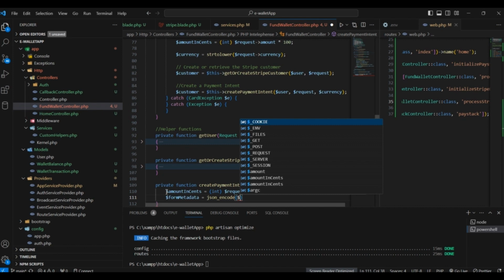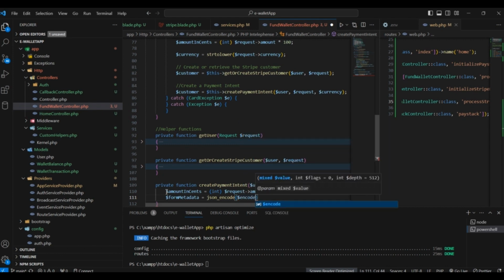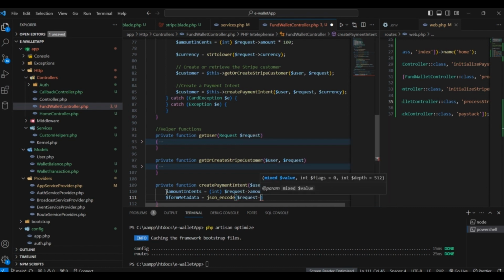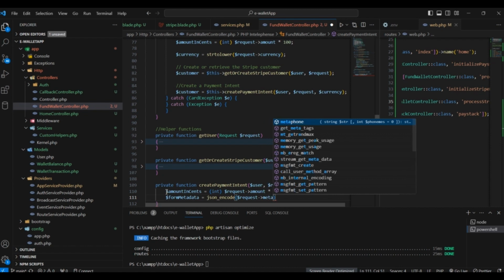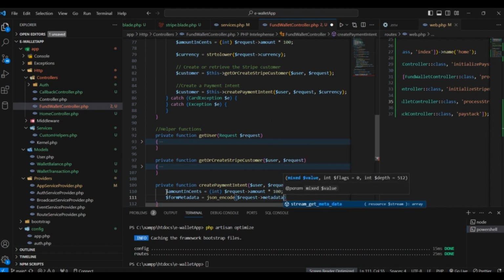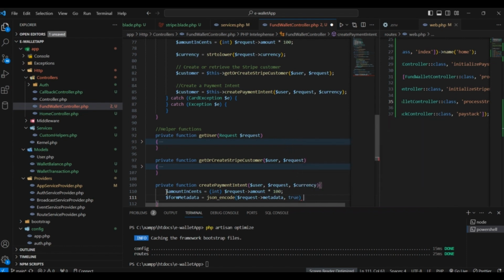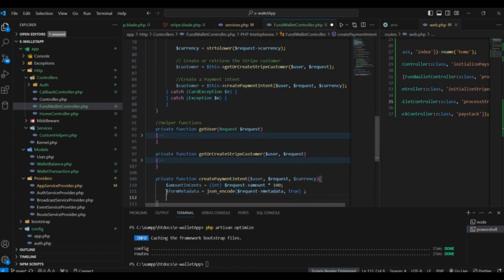It's a JSON request that is passed. Oh, sorry guys, it's supposed to be requests. It's metadata. Let's say true. Okay. So this will return